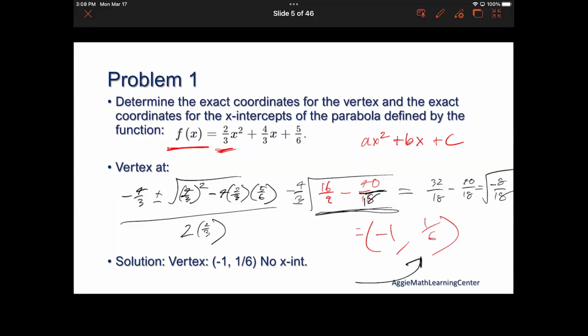Any questions on that? Yes. So when you just put D and E? Would you put D and E for no x-intercepts? D and E works. You could just say there are no x-intercepts. You can just kind of say that works too. But yeah,